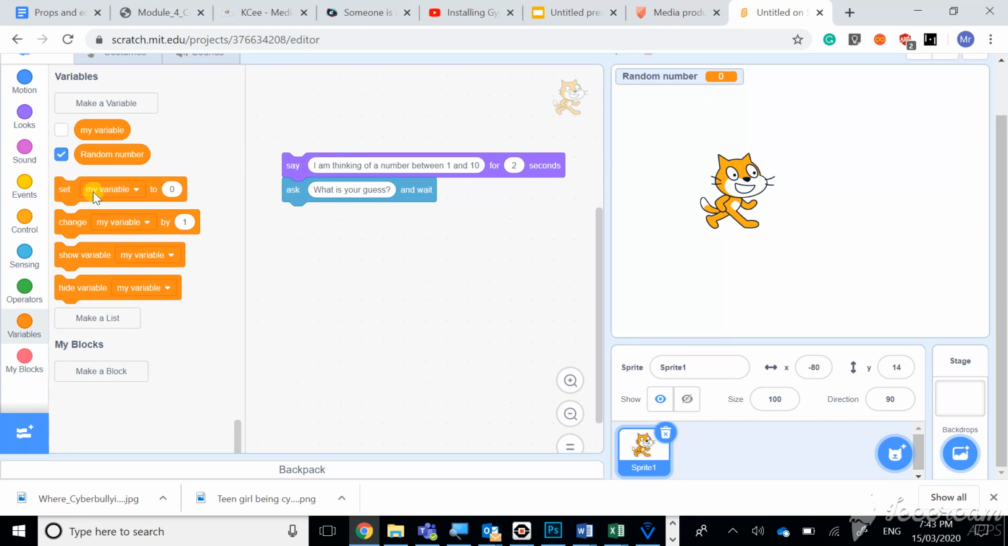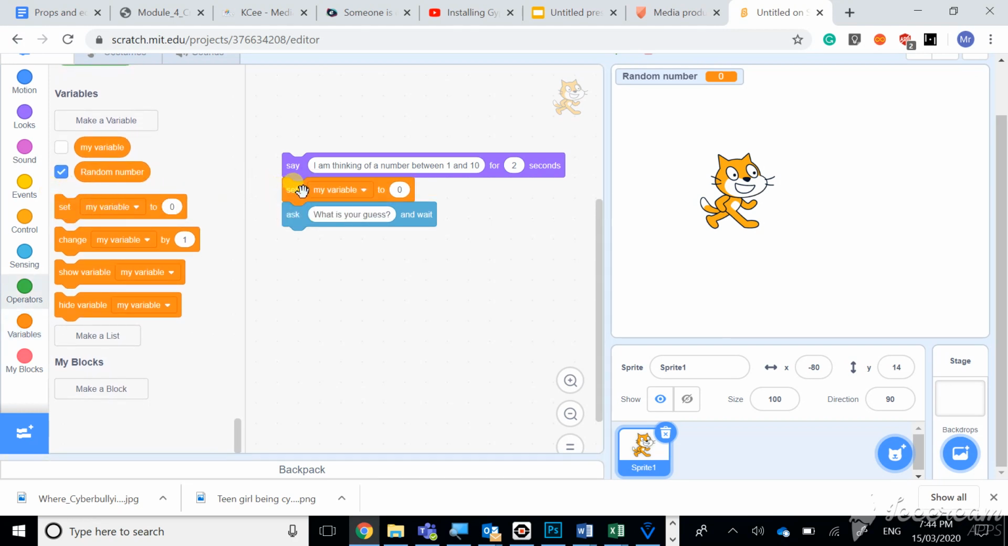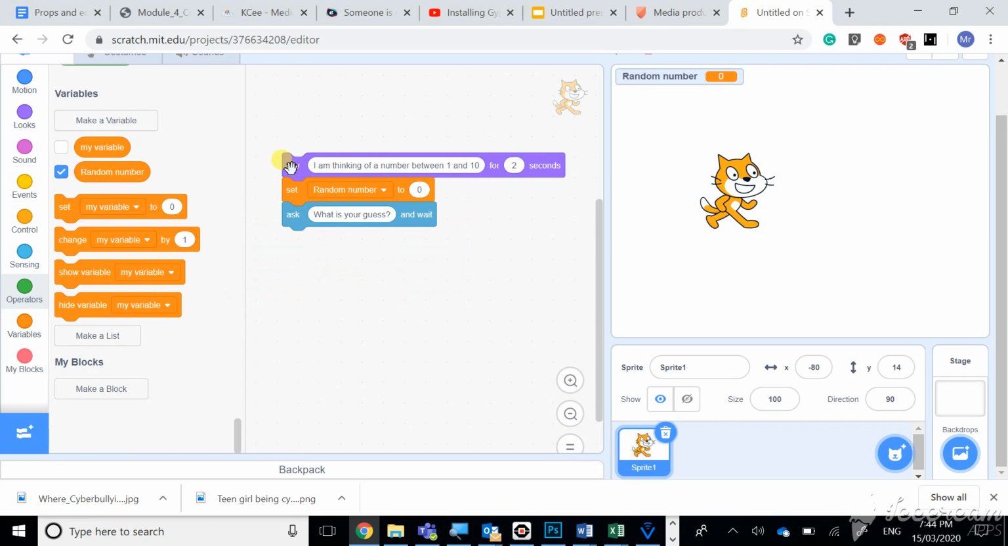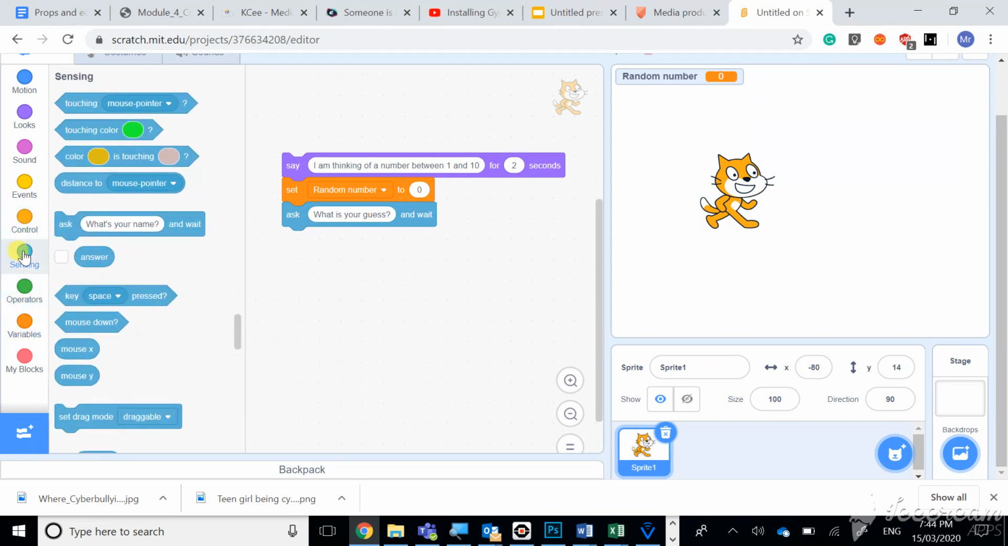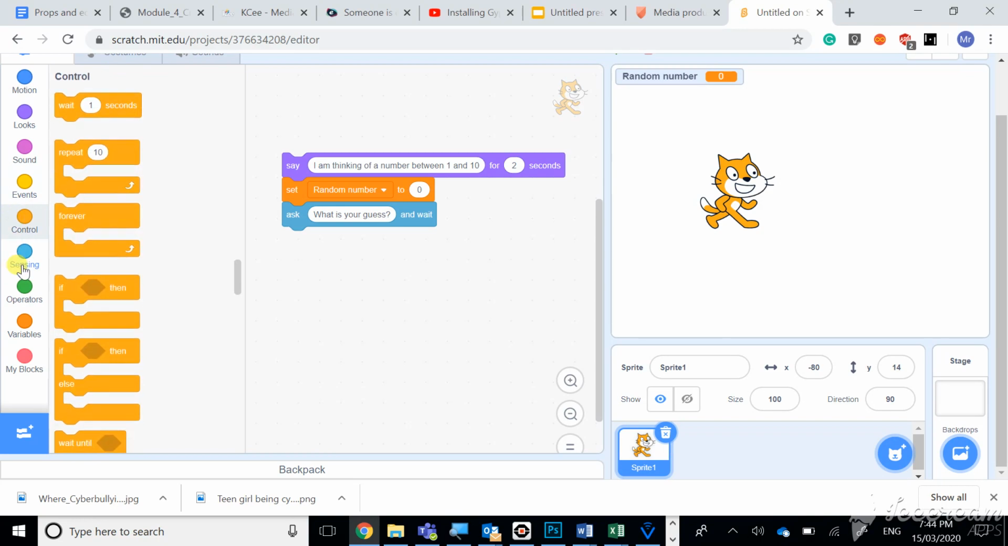So let's do this. Set, and we'll change this to random number, but we don't want it being 0 every time, so let's make it random instead. Now, somewhere in here there's going to be a random, and it's going to fit into this circle box here. Let's see if we can find it. Events, control,